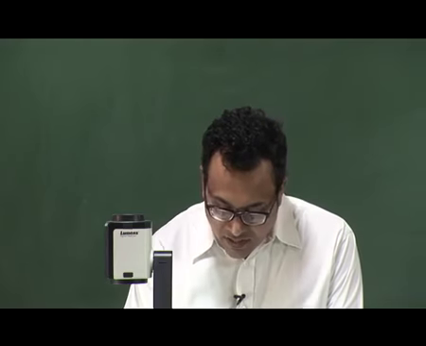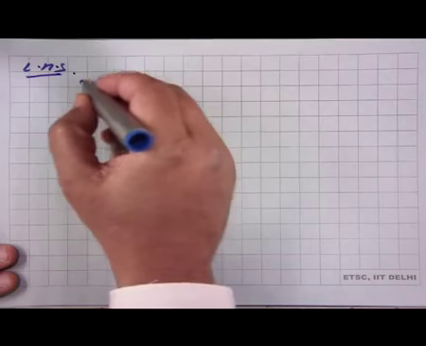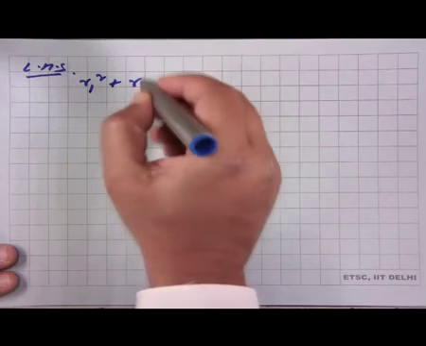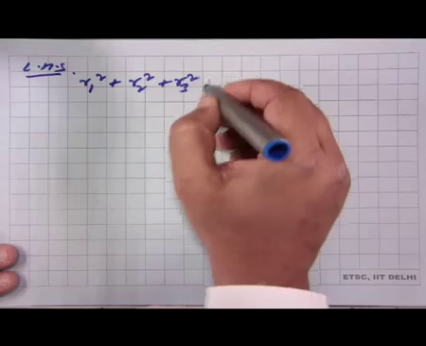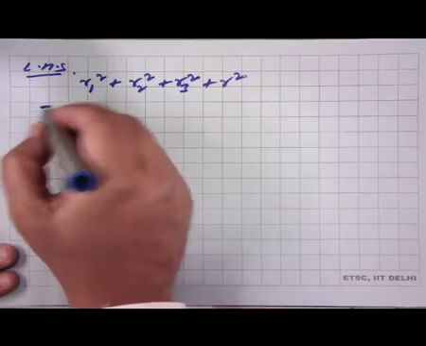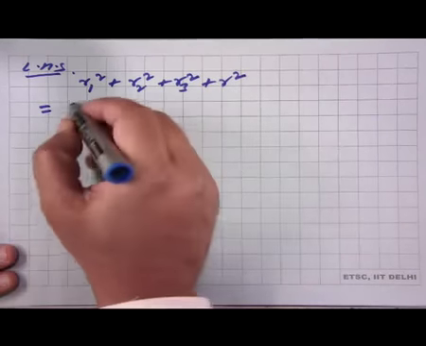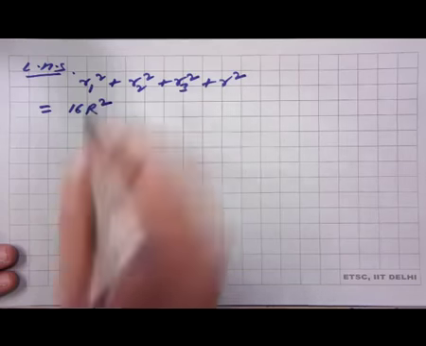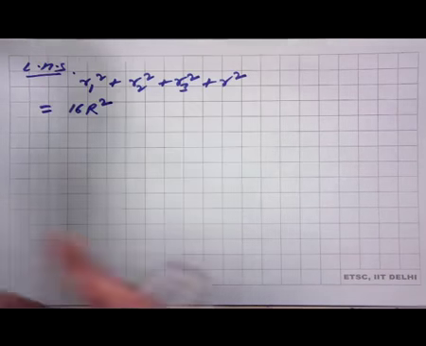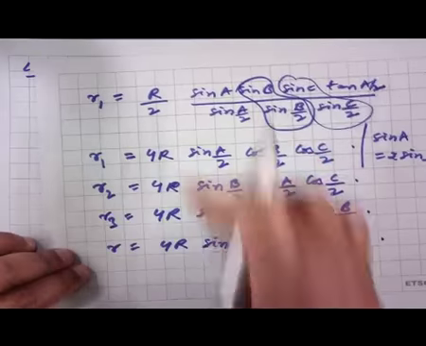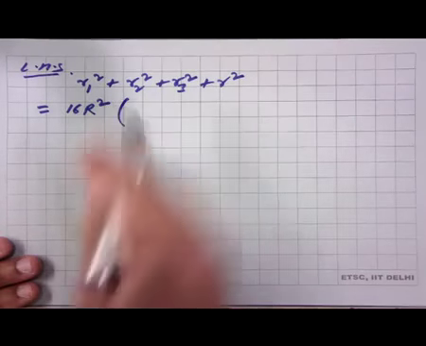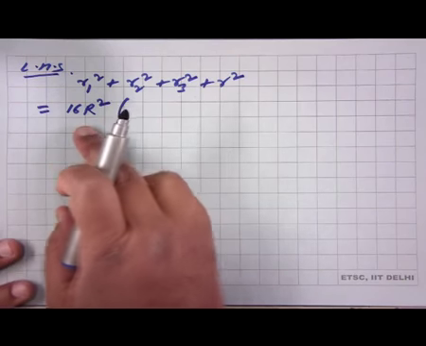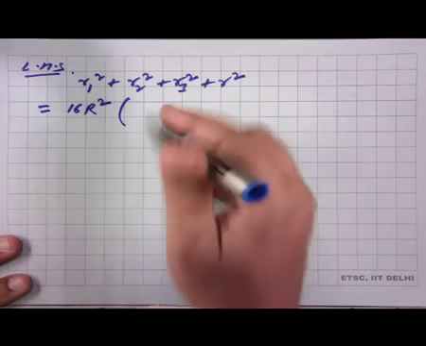So, then the left hand side, which is R1 square plus R2 square plus R3 square plus R square equals, so 16R square is going to be common because all of these have 4R, and that is what we wanted. So, this is going to be equal to